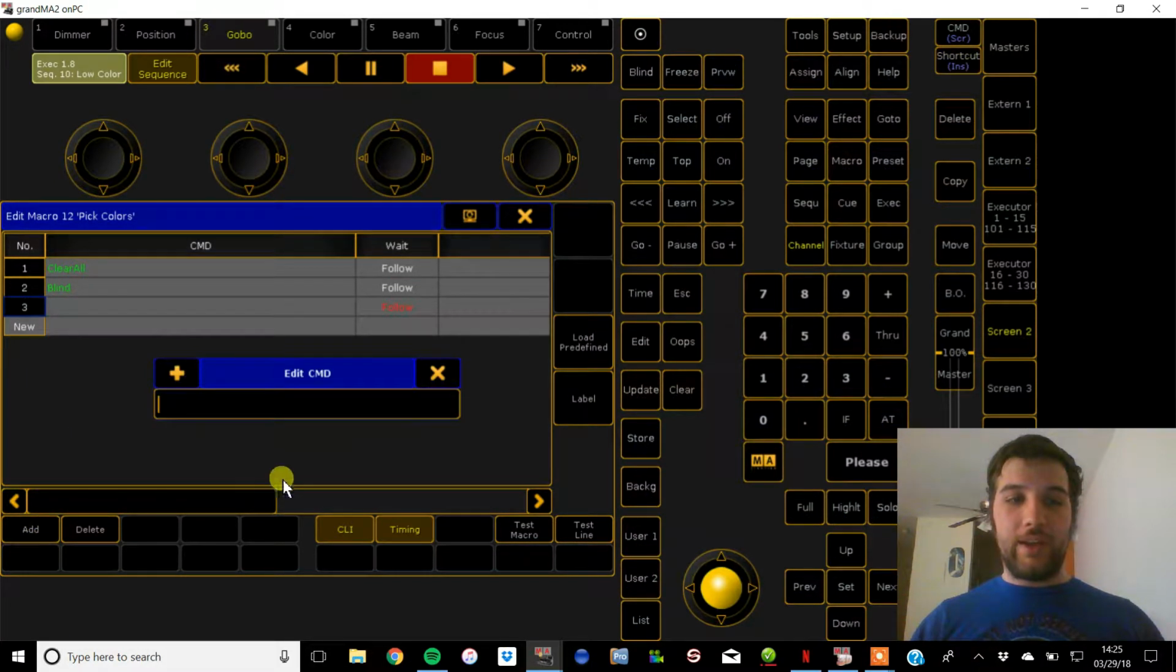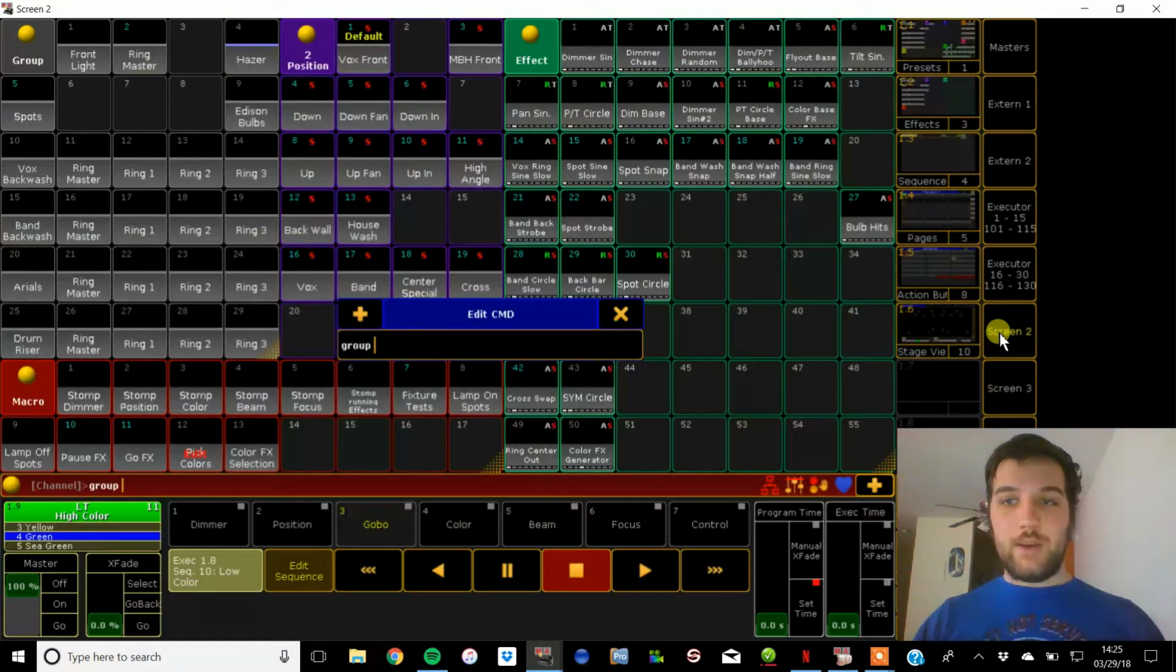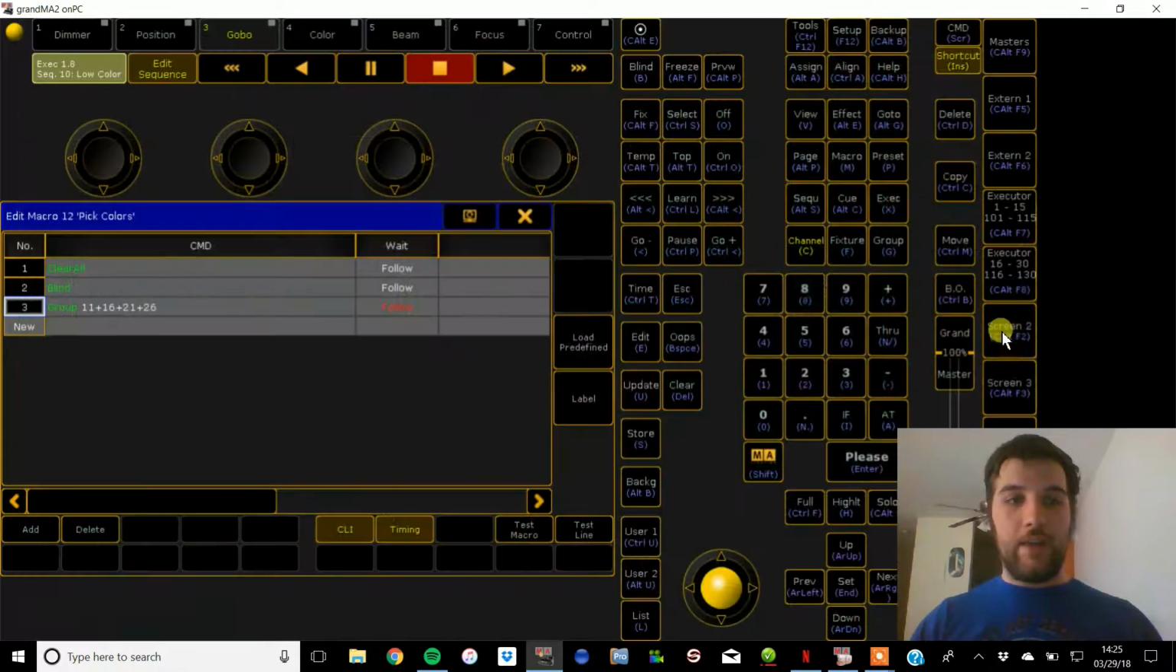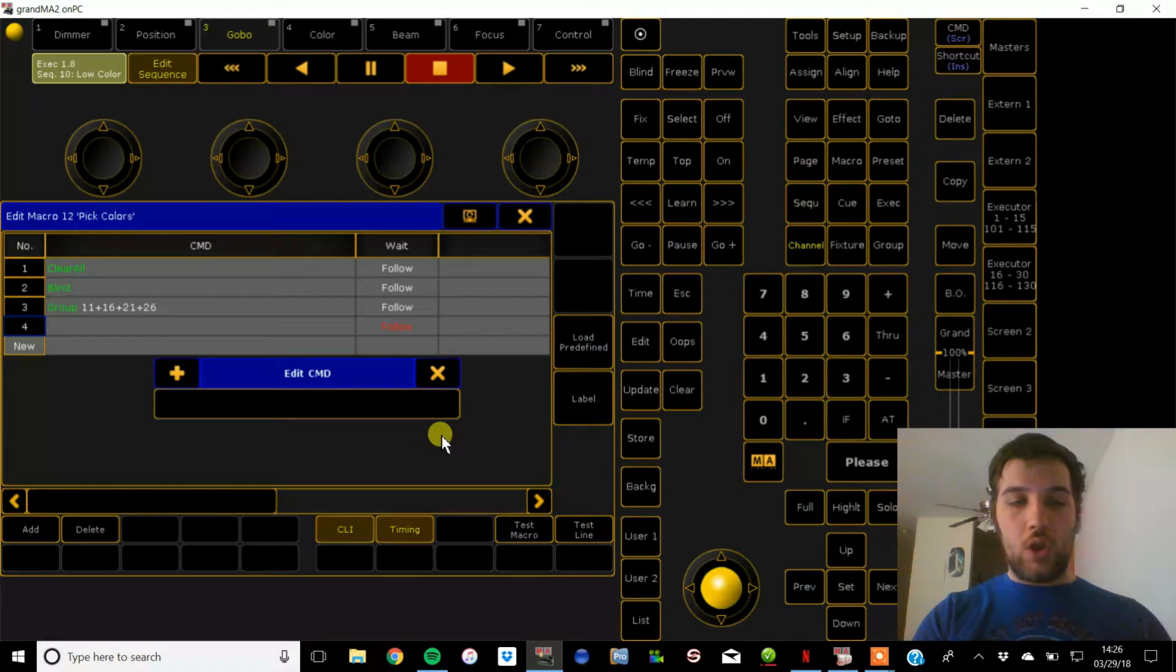Now we're going to say select group, or actually I can just say group. So group. And now I need to see for a second here which ones I need to be referencing. So I need groups 11 plus 16 plus 21 plus 26. So I'm going to say OK. So now that I have that, I'm going to go in here, add again, and say go to